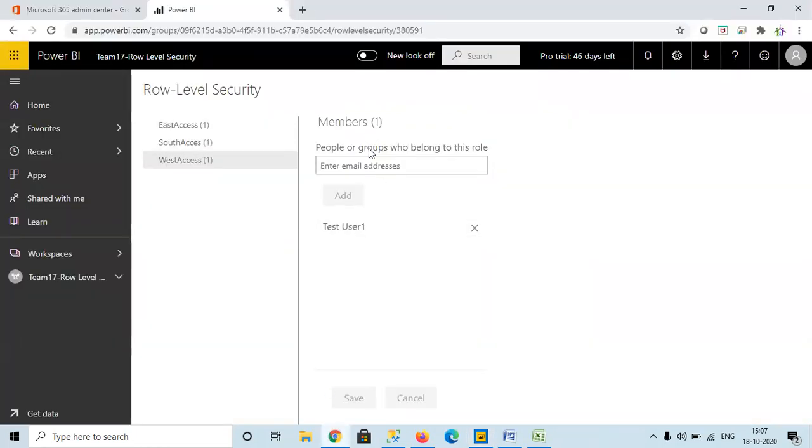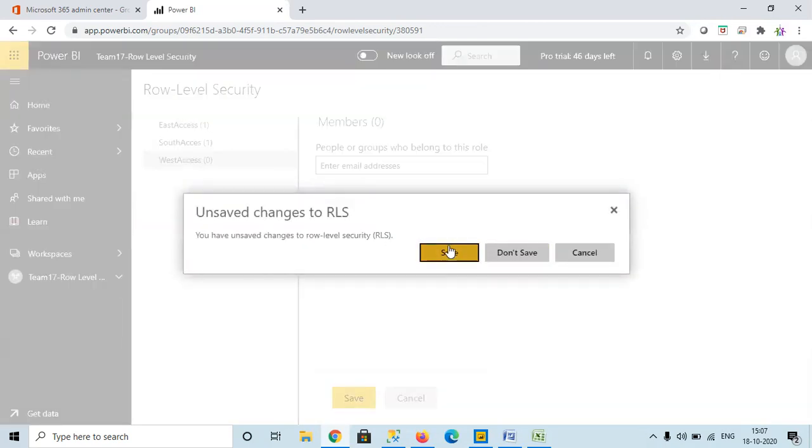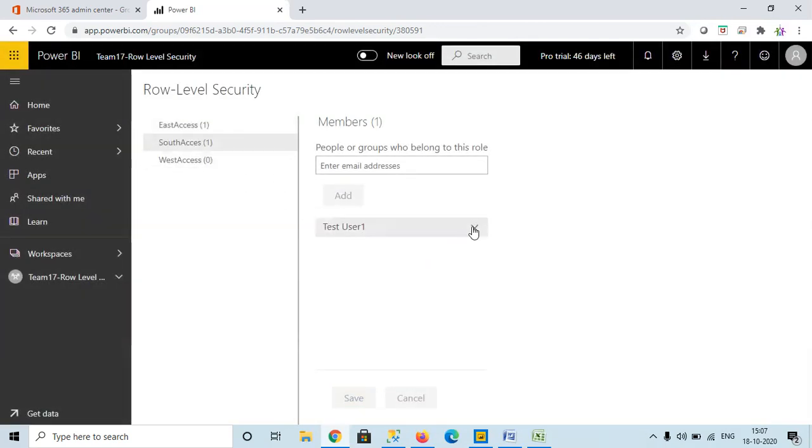When you create user groups, not one by one people, but a user group, we can give the group name. If somebody is removed from the group, automatically their access will be removed. Okay, so like that. For example, let me remove access for this guy. I'll remove access, save. Here also I'll remove it.